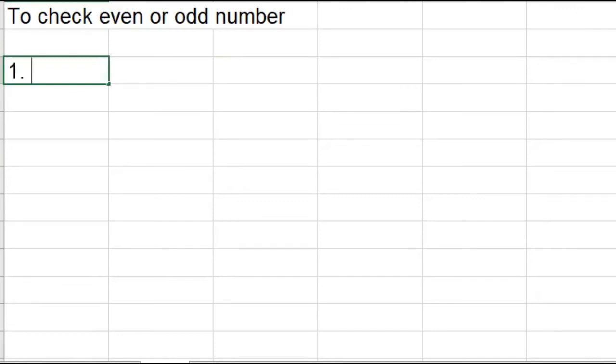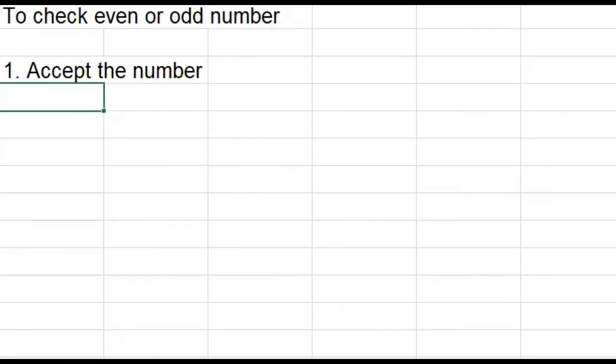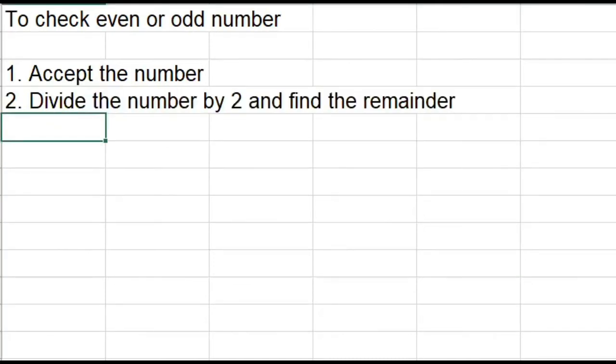So this is the first step. Set the number that you are going to check whether it is an odd or even number. Second step, after taking the number, we are going to divide it by 2. When we divide any number by 2, the possible remainder has two choices only, 0 or 1.